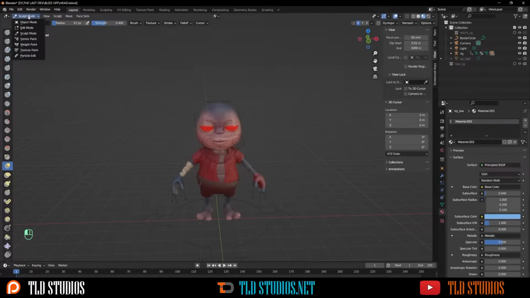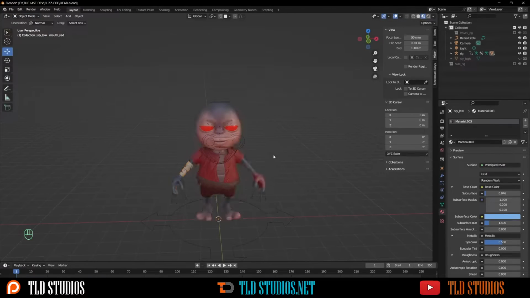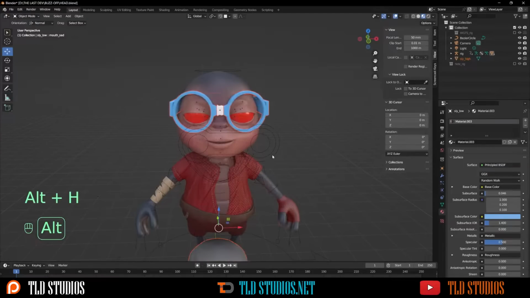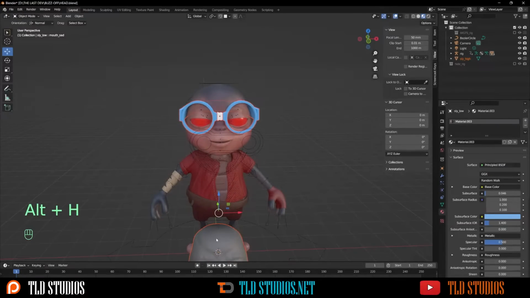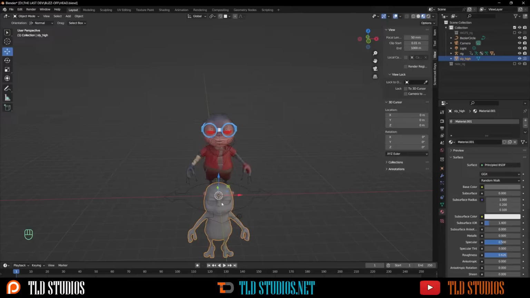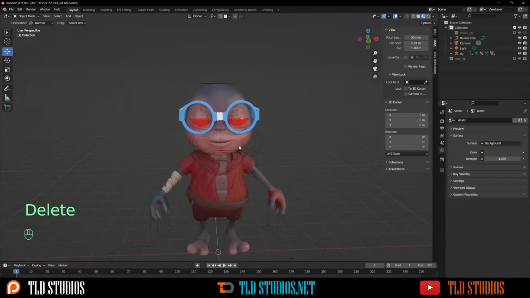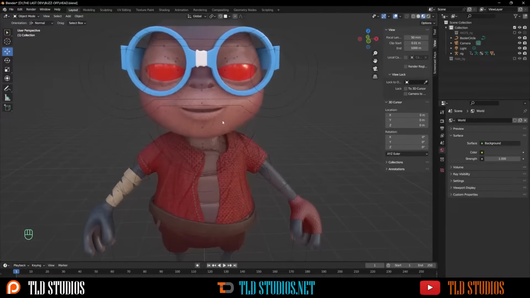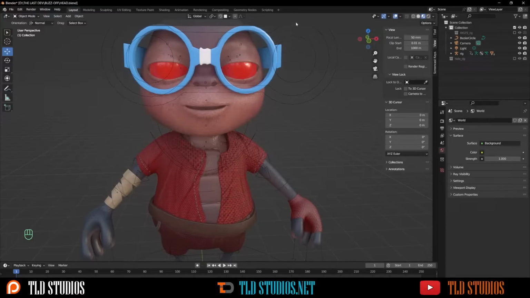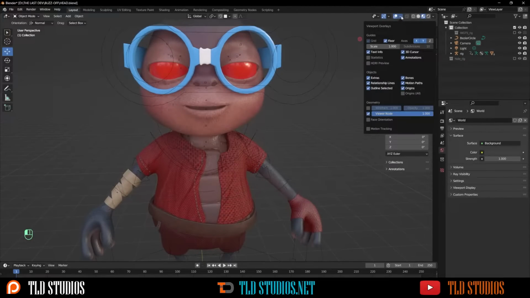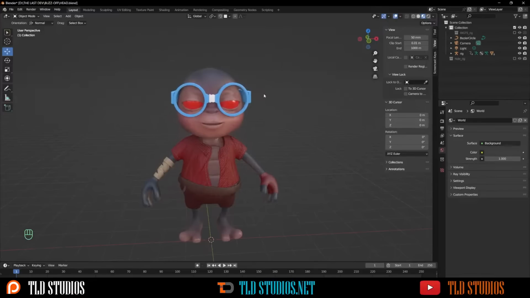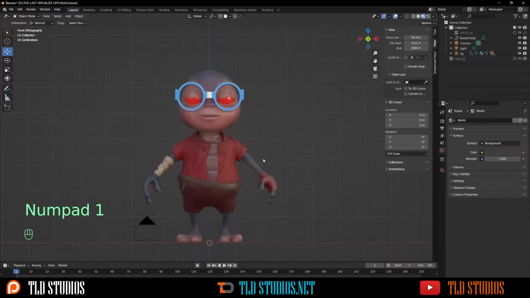So let's go back to object mode, and I want to press Alt H to unhide the glasses. We can get rid of this high poly character. We don't really need this anymore, so just delete that. Now first thing I'm going to do is let's hide our rig. So let's go to the overlays, let's toggle off the bones, press 1 to go to the front view, and